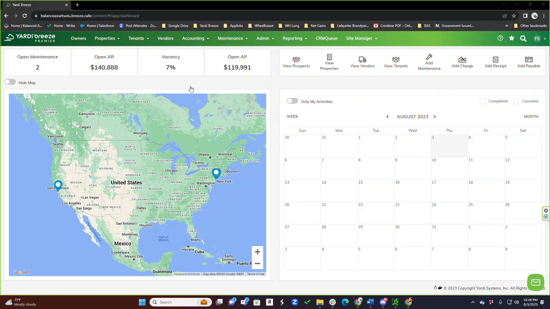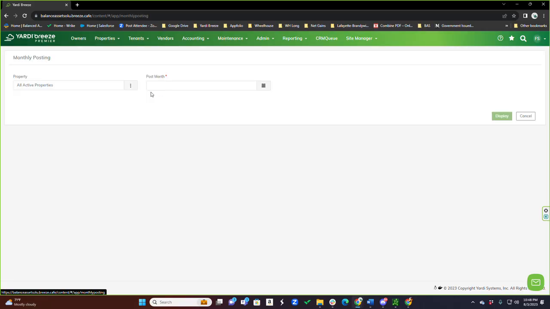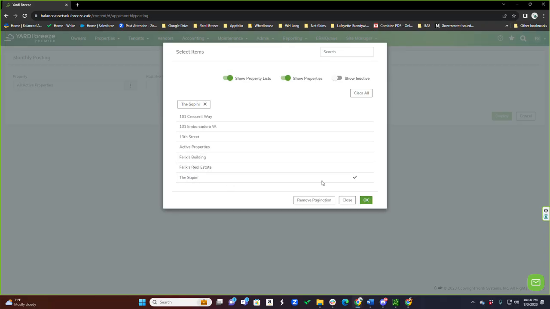In this third section, we're gonna go over how to process the tenant charges. So from the home page, you could click on accounting here, click on accounts receivable, click on monthly postings, and we select the property which we're gonna record the charges. So if it's this property here, we click OK, or if we want to do all of them, we could